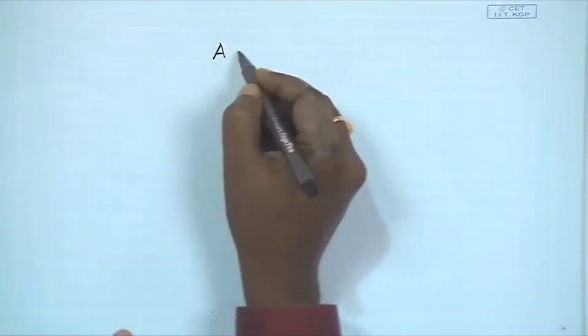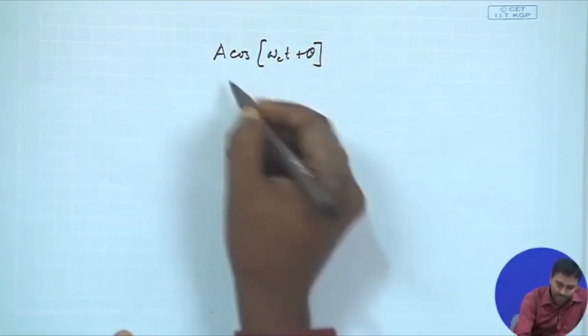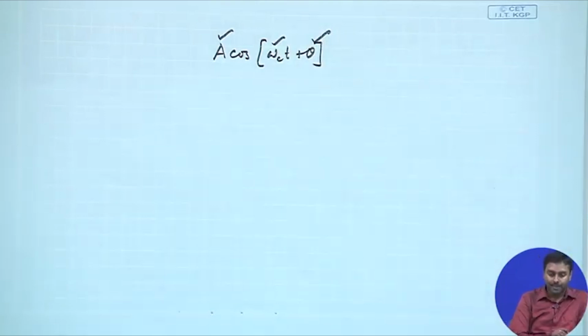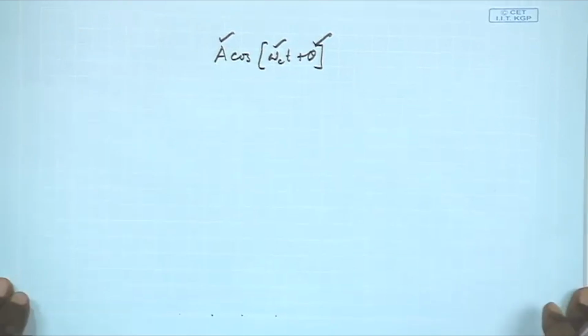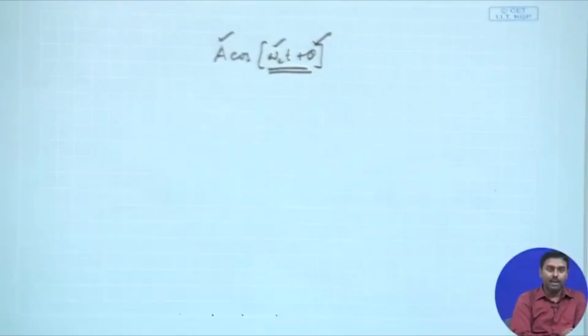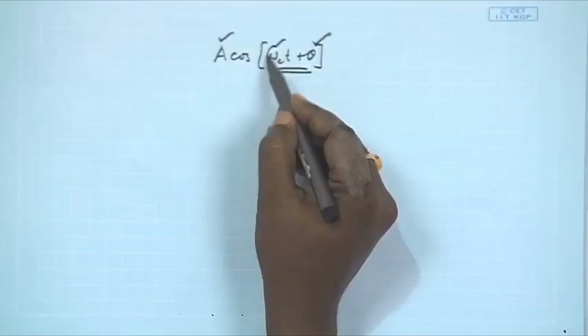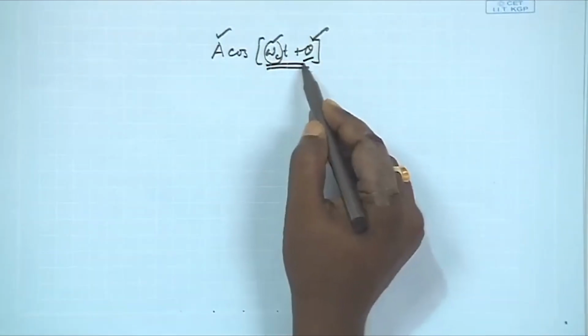We have said that a sinusoidal or cosinusoidal is defined by 3 parameters. One is the amplitude, the other one is the frequency and the other one is the phase. Whenever you do amplitude modulation, that is something we have covered already. When you start modulating these 2 parameters, we will also prove that they are probably similar. If you start doing that modulation, that is when angle modulation comes into the picture. That means either the omega c will be linearly varying with respect to the message signal, or the theta that is there will be linearly varying with respect to the